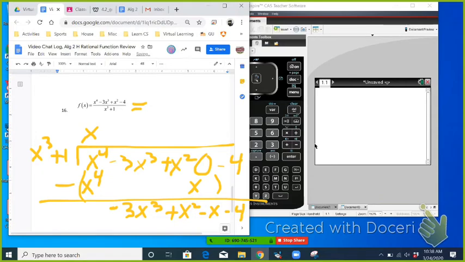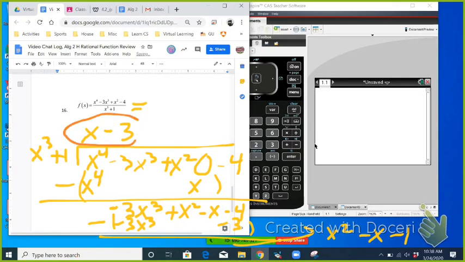How many times does x cubed go into negative 3x cubed? So that'd be negative 3 times. So then you get negative 3x cubed minus 3. And then when you subtract, you get that your remainder here is going to be just x squared minus x minus 1. So in other words, what this answer tells us is that when you divide x to